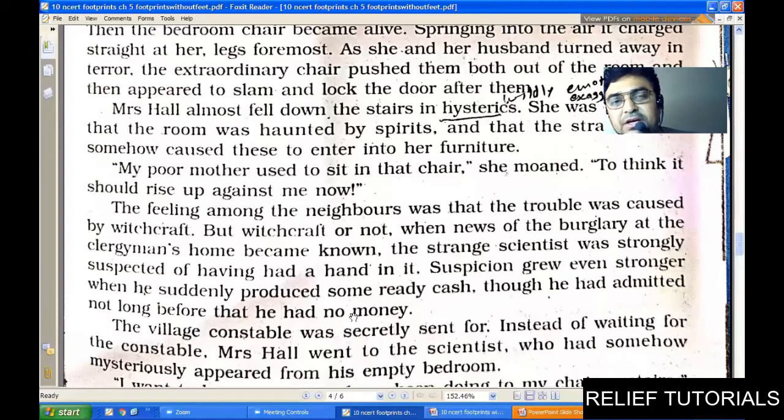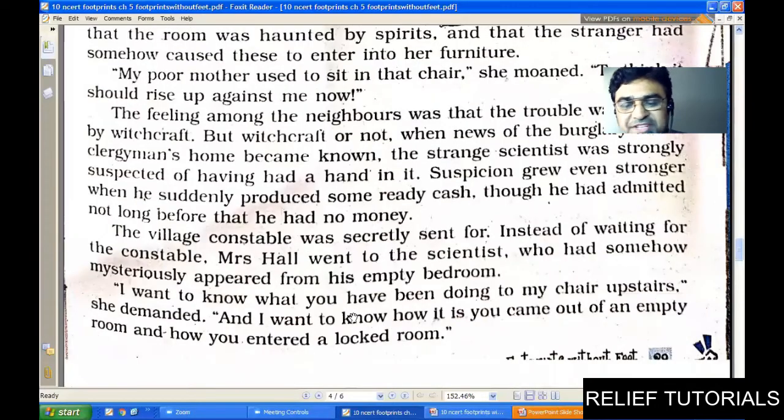Suddenly he produced the cash. So that was highly suspected. It was almost confirmed that he had done this, though he had admitted not long before that he had no money. The village constable was secretly sent for. Instead of waiting for the constable,